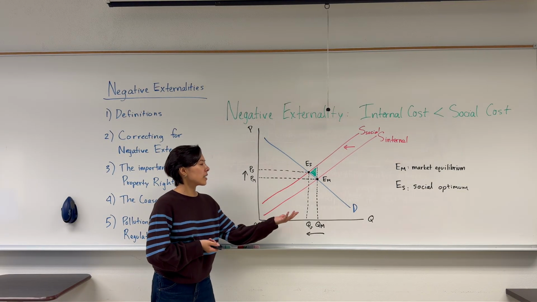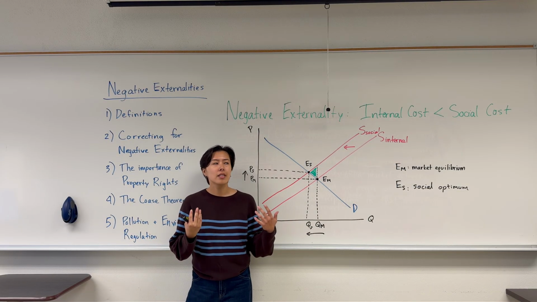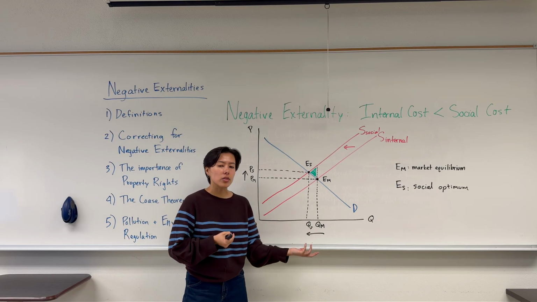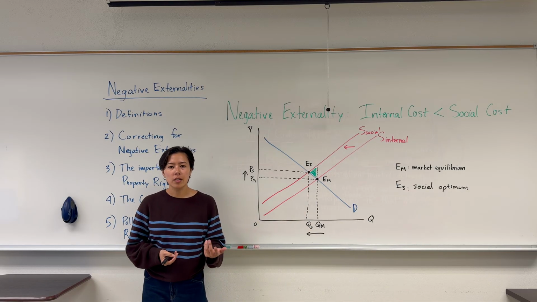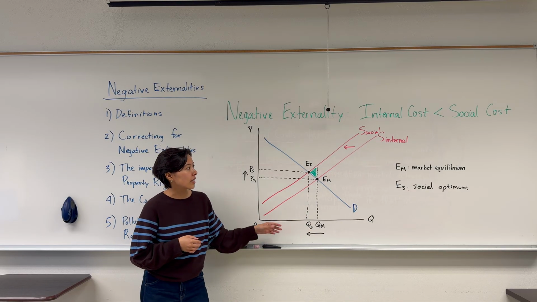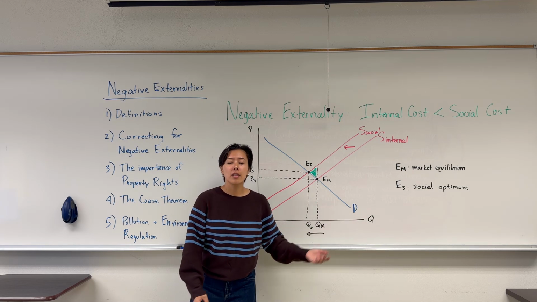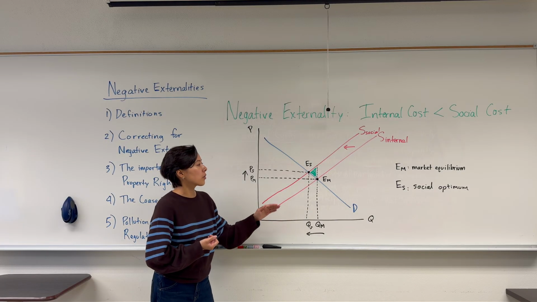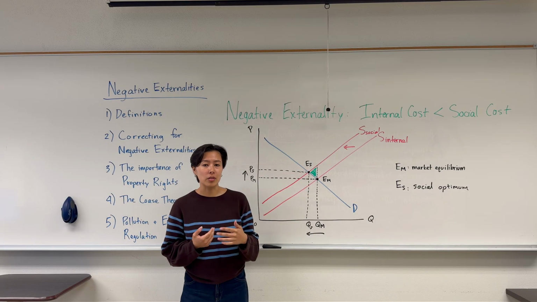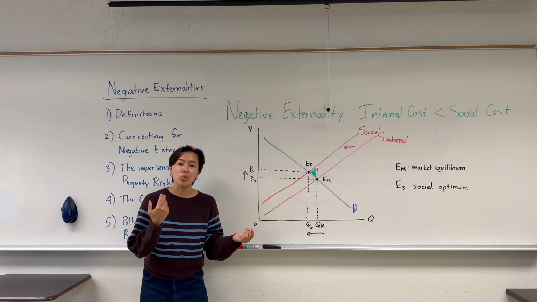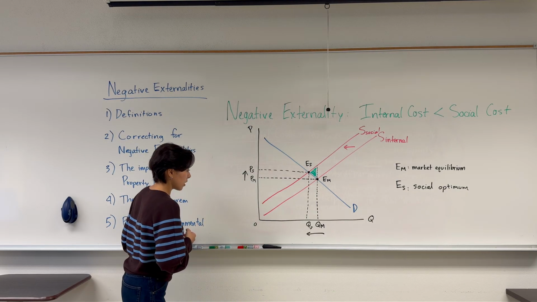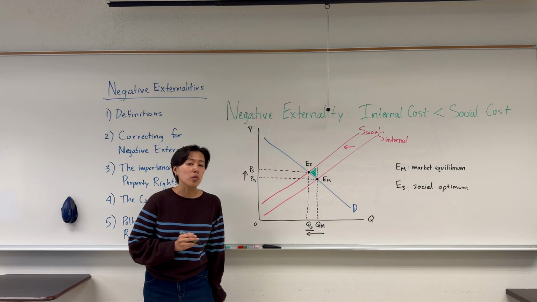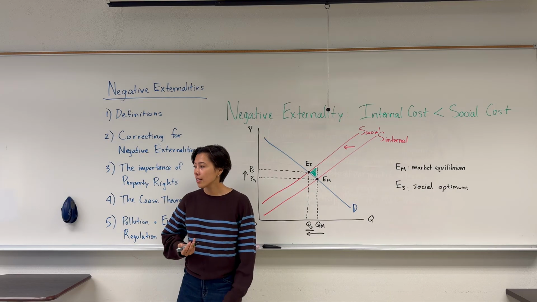So how can we actually get this to happen? How can we get this responsible party to internalize the externality, consider the social costs, and adjust their behavior? If we're talking about production like this, where I have some polluted factory, the first thing we can do is tax production. By implementing a tax on producers, we could get the supply curve to shift upwards like this. The government could also regulate production and maybe limit me in my production so that I can only produce this optimal quantity. I can't produce any more than that.